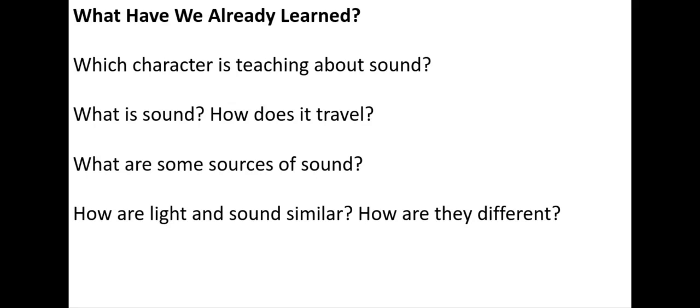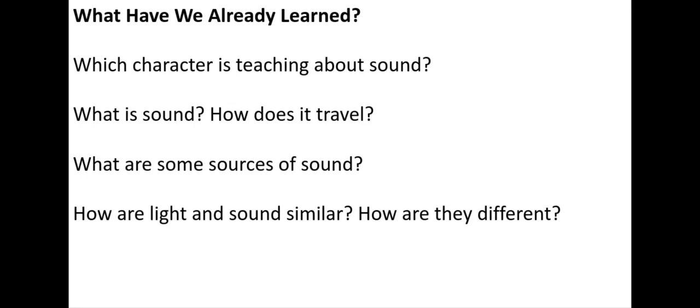Okay, so what have we learned already? Which of the characters is teaching us about sound? Which character? That's right. Jack Otteray is teaching us about sound because he really likes music. What is sound? Right? Sound is an energy, just like light is an energy, and it also travels through